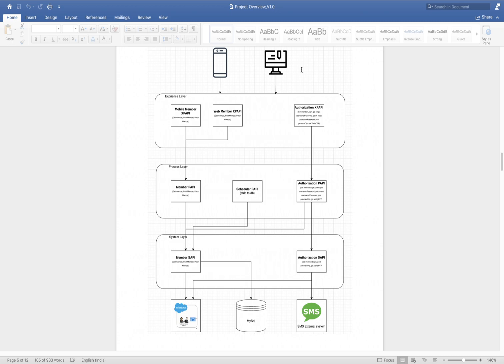There may be a scenario where in a web application we want to display 10 sets of data, and in a mobile application, which I want to keep lightweight, only 5. So we can create multiple experience systems.